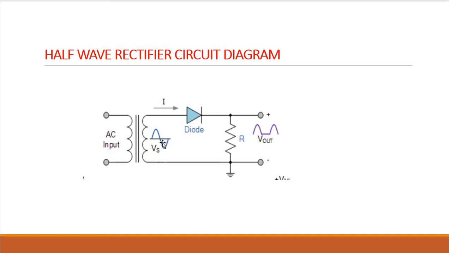Okay, and for the next input half cycle, or when the input is getting reversed, you know that a negative voltage is appearing across the diode. So the diode will be reverse biased. So for a reverse biased diode, the resistance will be very high. And when we are applying an input voltage, almost all the voltage drops across this open diode or high resistance. So at that time, the voltage across the resistance will be negligible or zero. Okay, so this is the voltage that we obtain when the input voltage is negative.